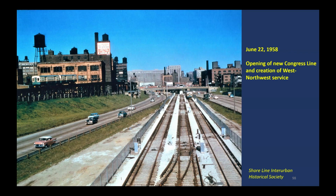Also on June 22nd, the Garfield Park elevated that you see over on the left was replaced by the new Congress line running up the median of the then Congress Expressway, Congress having since been renamed the Dwight D. Eisenhower Expressway. This picture was taken on the day before transition day, when the train down here on the lower level was offering demonstration rides on the line, and the train up there is still on the old Garfield, where that is the elevated structure, except that right there by that building with the sign is a ramp that went down to the temporary trackage that ran along Van Buren Street,